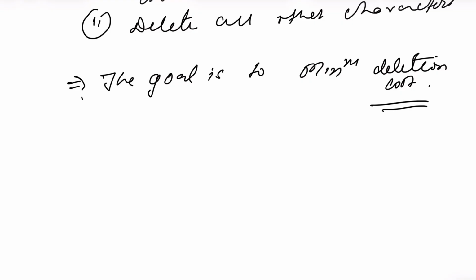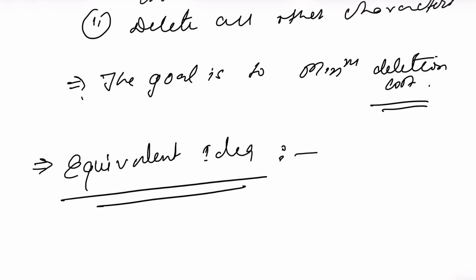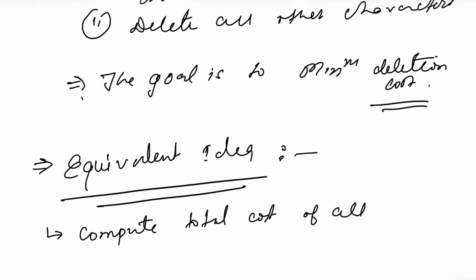There is an equivalent idea, let's try to understand an equivalent idea. What is the equivalent idea? Let's understand. Can I say that we can compute the total cost of all characters that we have seen? So all characters will compute the cost. For each character,